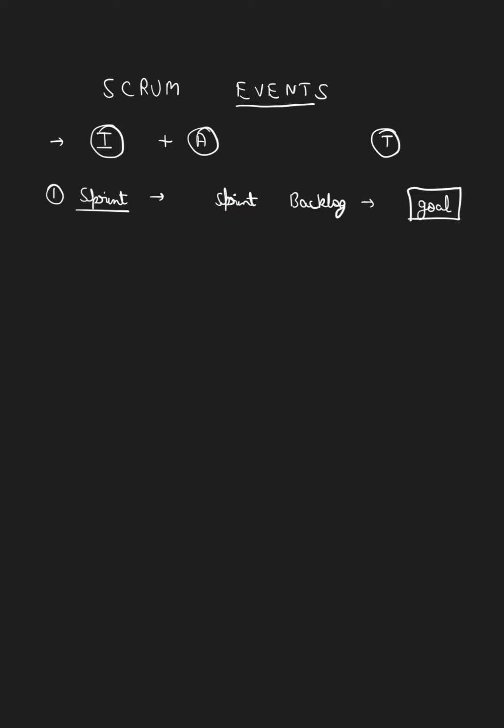See, there is time boxing for every event. You need to keep this in mind. What is time boxing? It is the maximum amount of time which will be taken by that event. You cannot take more than that, but you can take less than that. And what is the maximum time period suggested by the Scrum Guide? It is 1 calendar month. This is the English which is written there.